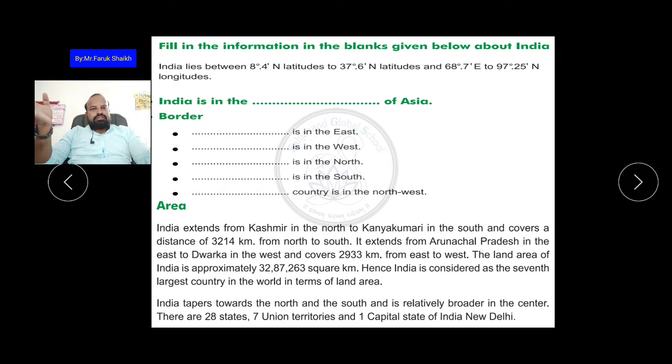Got it? So I hope all of you understood this. Am I clear, students? Okay, and don't forget to write the latitude and the longitude definition in the comment section. Okay,